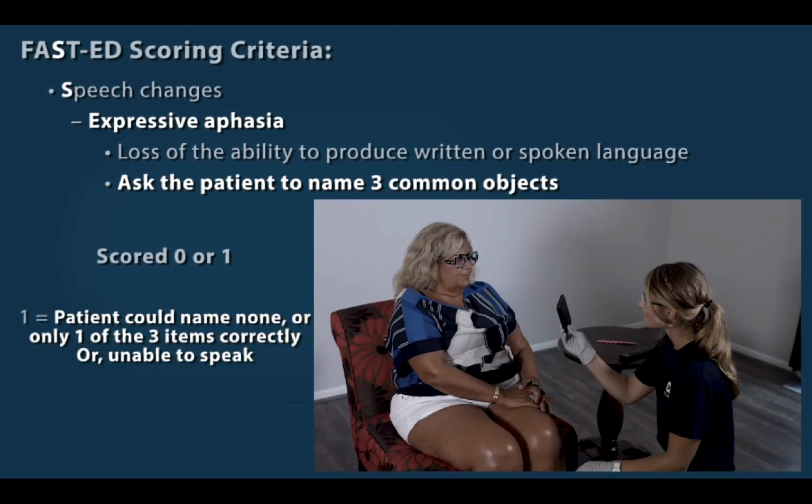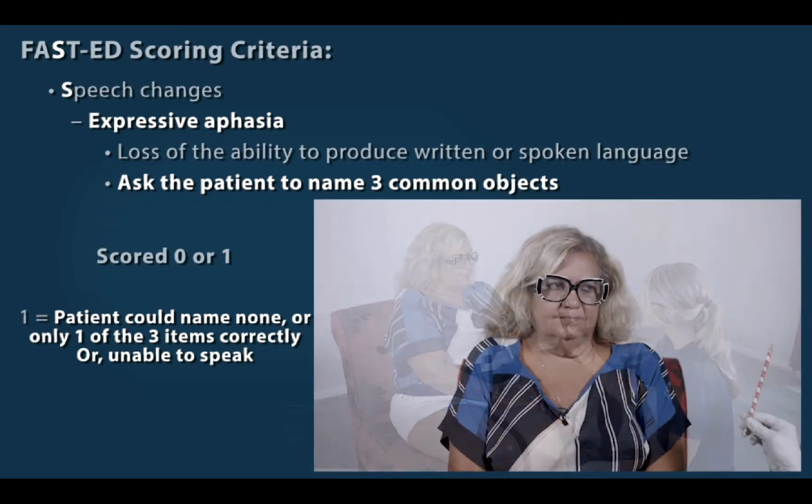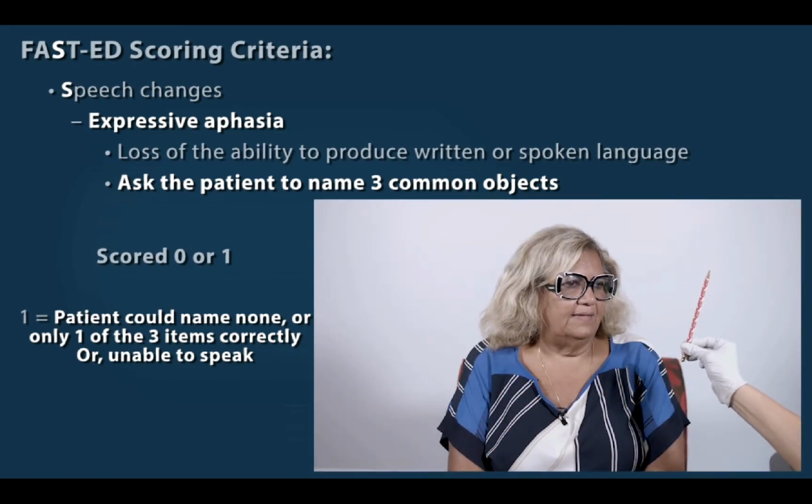A score of 1 indicates the patient could name none or only 1 of the 3 items correctly, or is unable to speak at all. Pencil,